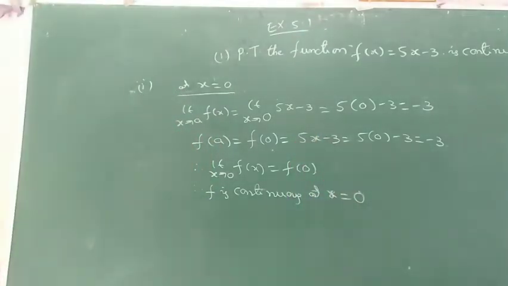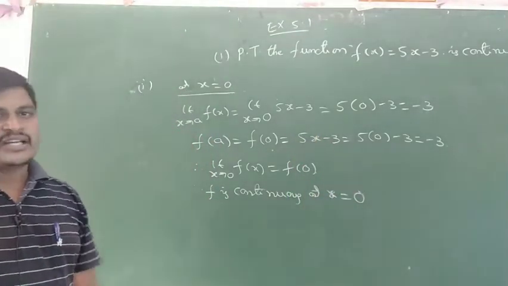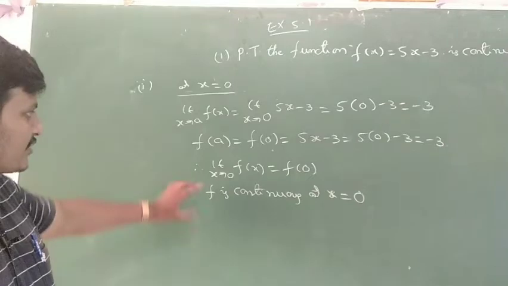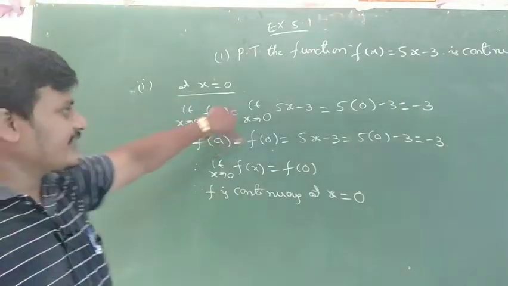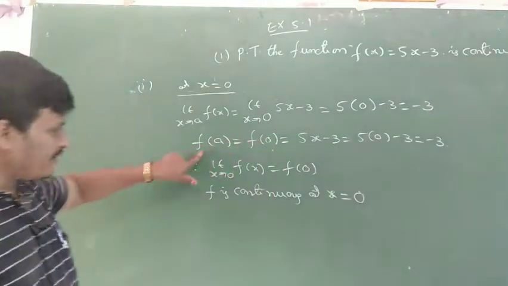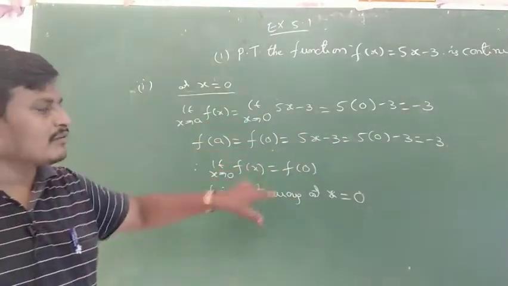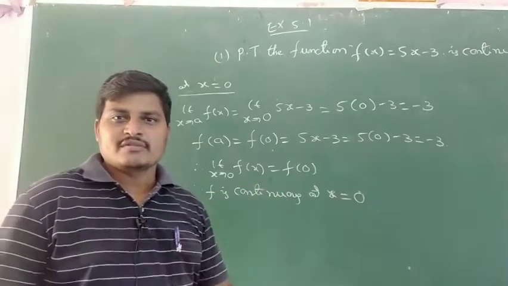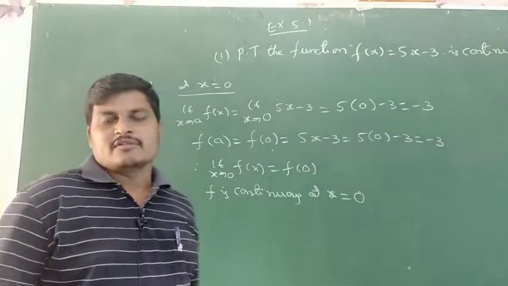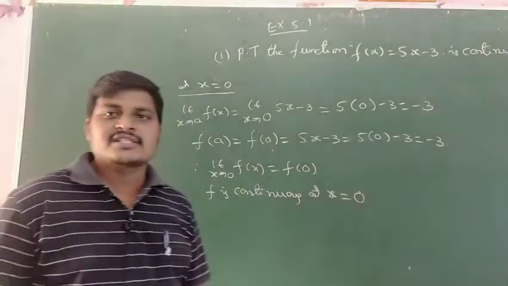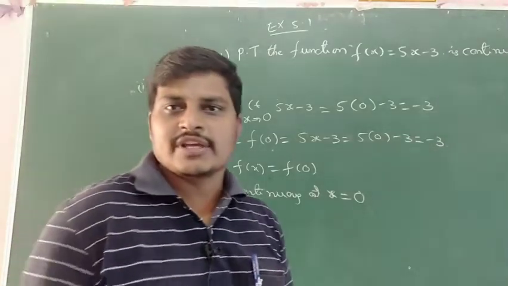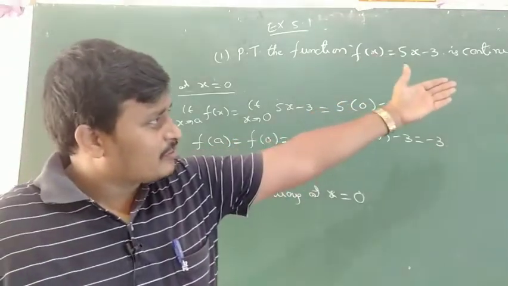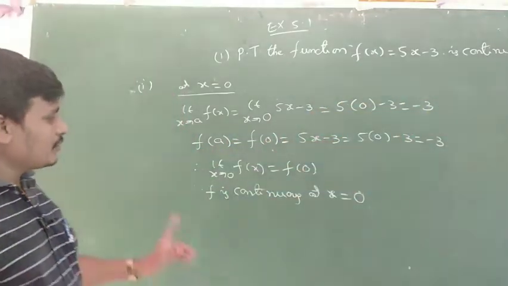This is the continuity definition and the related problem. Okay, are you clear? First point, we have to check the limit of f of x. Next, f of a. Next, whether both are equal or not. If they are not equal, it means discontinuous. Equal means continuous, not equal means discontinuous. Okay, this is a single term. That's the first. And next, x is equal to minus 3, x is equal to 5. You have to try.